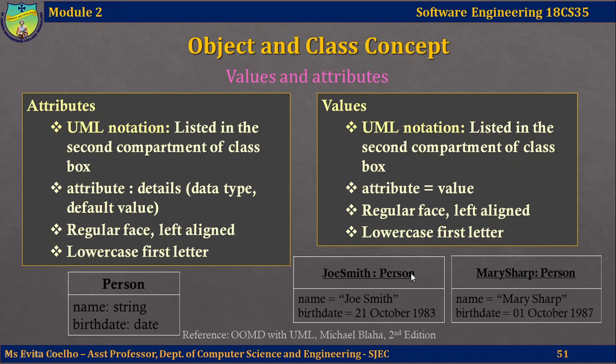But unless you use the mold to bake a cake, you pour batter into that mold and make a cupcake, there is no value for that mold. Similarly, unless you create objects using this template, the class is not alive. So when you use the template or mold to make multiple cakes, these multiple cakes are actually objects and the mold that is used is actually your class. So classes are brought to life when you create objects or when you instantiate the class using objects. So objects are also called instances of a class.